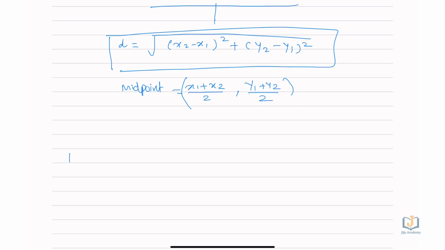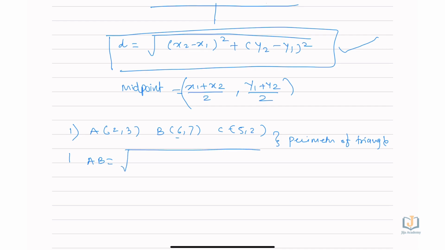So using this formula, we are taking some example. We are taking a point A equal to (2, 3), B equal to (6, 7) and C equal to (5, 2). So using these points, calculate the perimeter of the triangle. So we are using this distance formula. So AB is equal to,